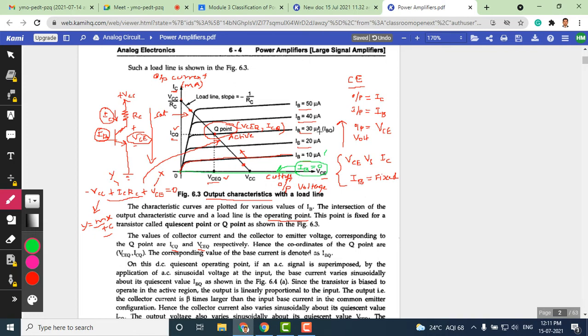Now when we provide sufficient base current, say for example 30 microampere, that gives us proper collector current. And look at here, the Q point is exactly at the mid of this load line. This is an active region, favorable for amplifiers. And when we move above here, the saturation region, this is not good for an amplifier. The cutoff region is also not good for an amplifier. Here the transistor can be used as an off switch. In saturation, the transistor can be used as an on switch. Whereas in the active region, the transistor can be used as an amplifier.